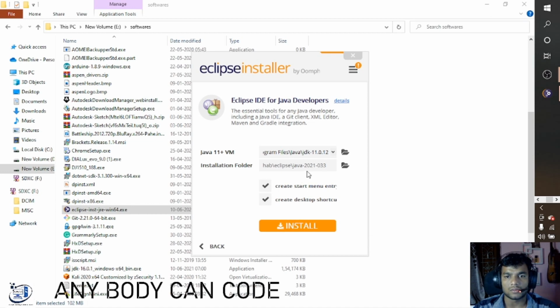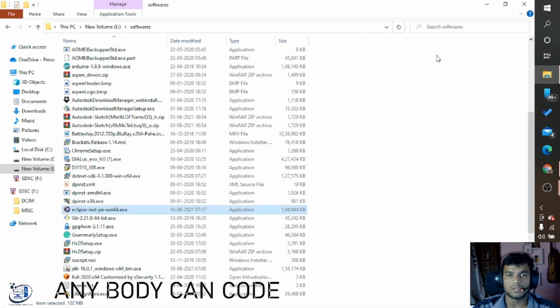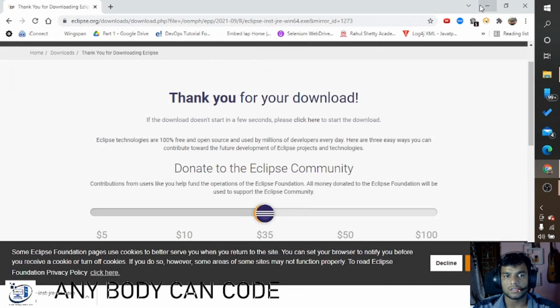You have to check these two boxes, then install. It will automatically install and add the JDK files also. Otherwise, if you want to run Java in the command prompt, you have to download the JDK file and provide the path in Windows Explorer. I will show that in a separate video.